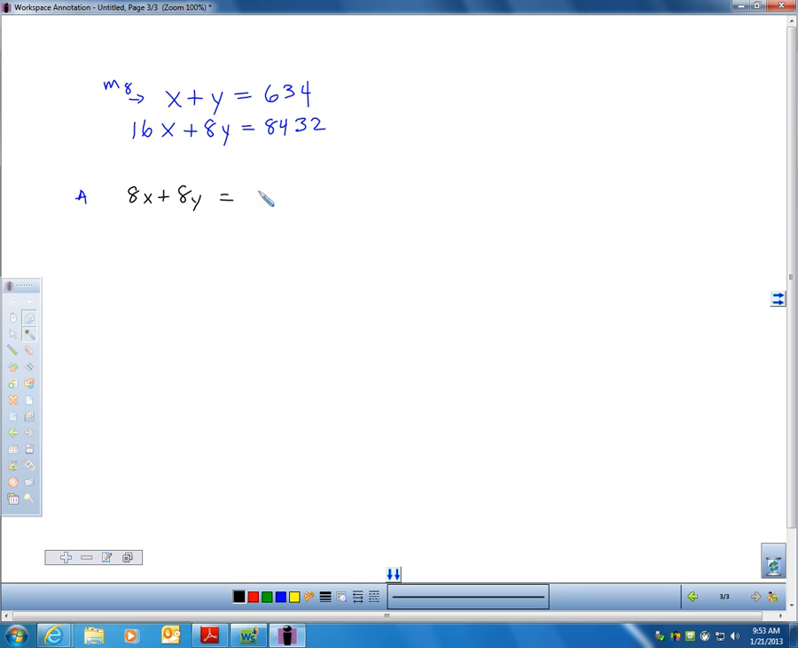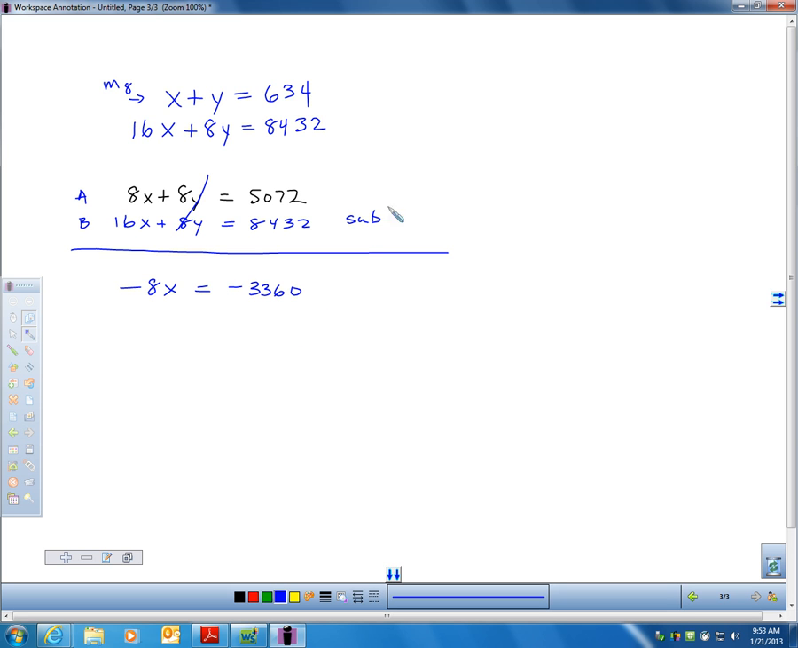That's 5,072. And equation B I didn't touch, so I didn't change equation B. It's 16x plus 8y equals 8432. I can subtract these equations. So let's subtract. When I subtract, the 8y's subtract away to nothing, but 8x minus 16x is negative 8x, and 5,072 minus 8,432 is negative